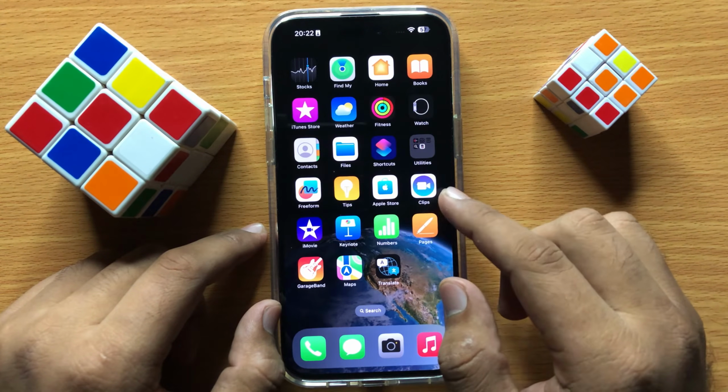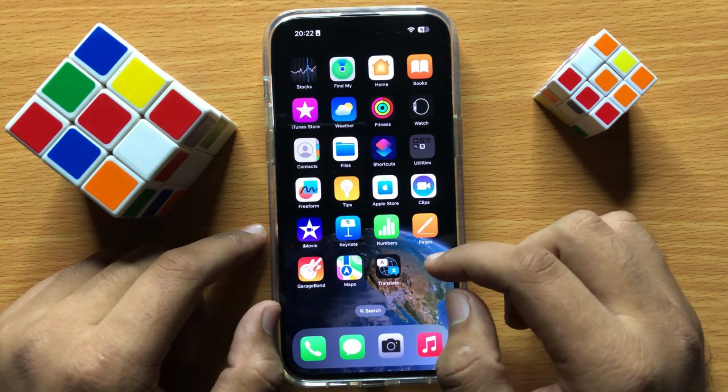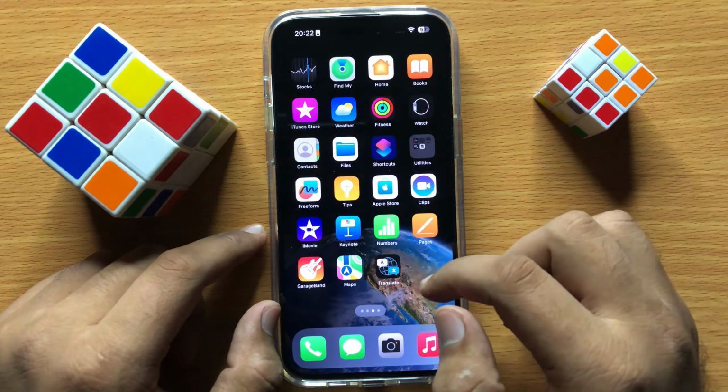And if it's not working properly, then try cleaning the lens. After cleaning the camera lens with a tissue or a paper,